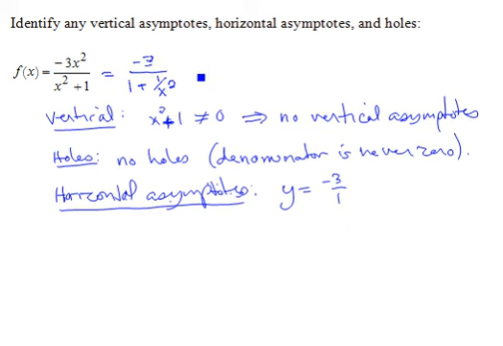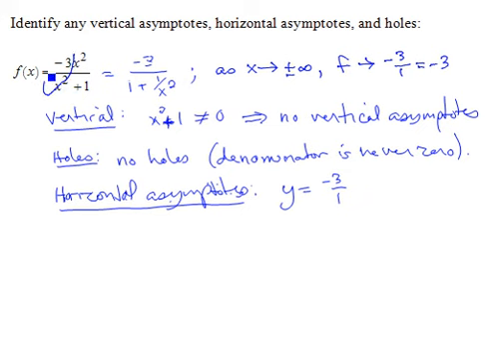And as x gets large, either goes to plus or to minus infinity, this 1 over x squared will become very close to 0, and f will approach just negative 3 over 1, which is equal to negative 3. This is an indication that the horizontal asymptote will be at negative 3,